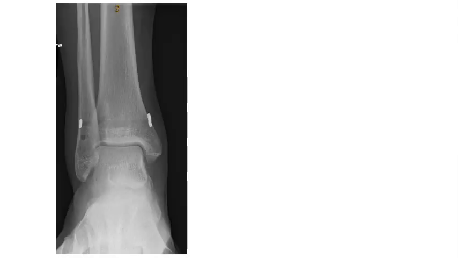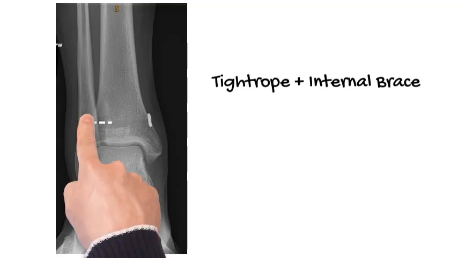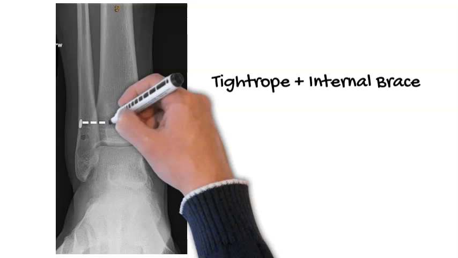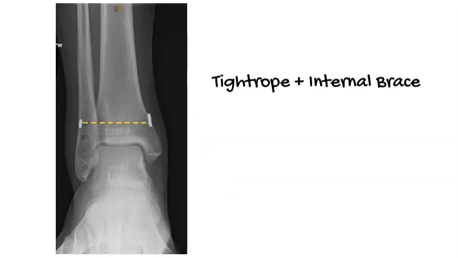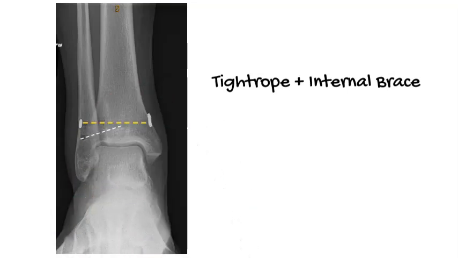And so typically that involves what we call a tightrope, which is that device you see on the left there. We drill a hole across the 2 bones, and something called an internal brace, which essentially recreates the front ligament. So the tightrope there is in yellow. It's a synthetic fibre which goes between those two buttons, and the internal brace goes in this direction here, which we've just drawn. And that construct there is just about as strong as what you're made with from a syndesmosis point of view,